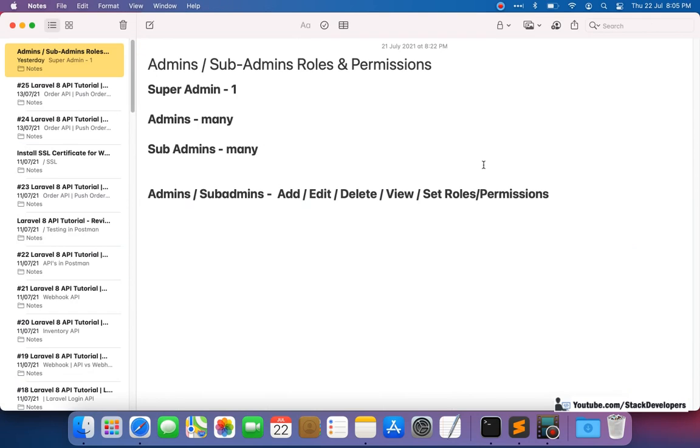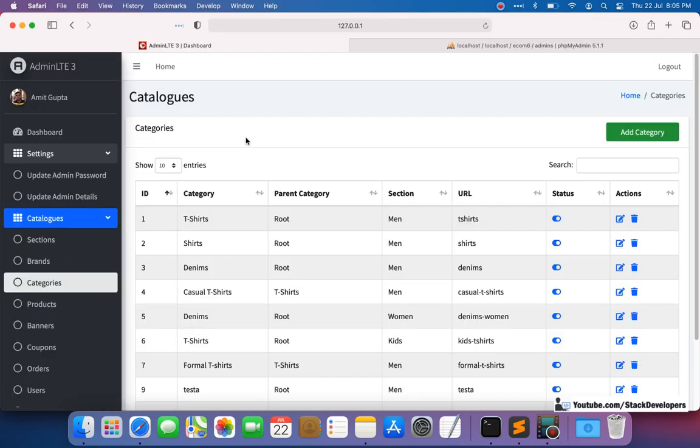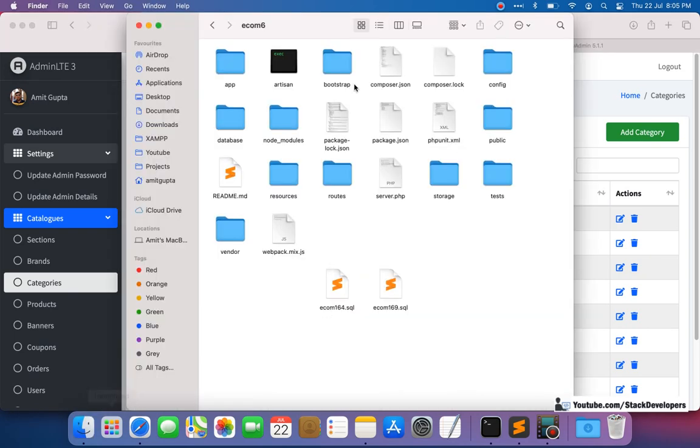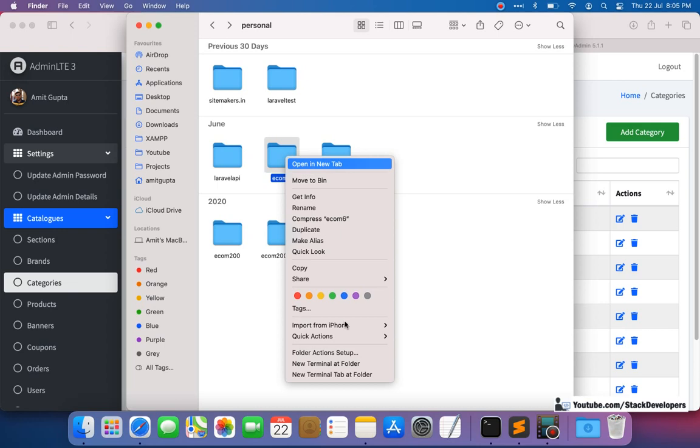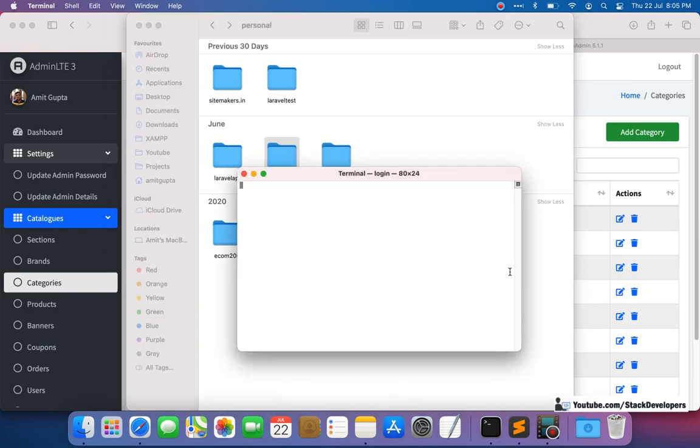So now let's create this admins_roles table with migration. First of all, I'm going to create one migration file here. New terminal, add folder, and here I'm going to create the migration file.